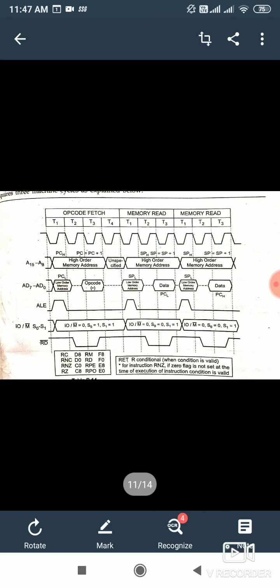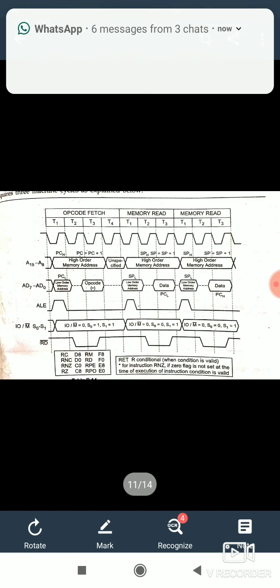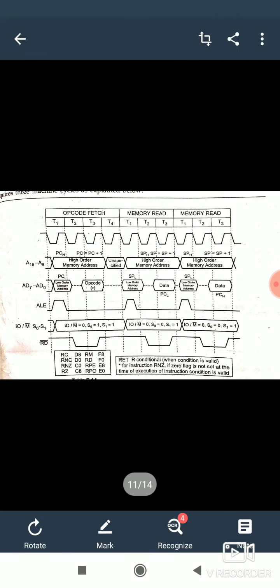So two memory read cycles are there in the return instruction. This is for the return instruction and the conditional return instruction if the condition is valid. Now if the condition is not valid, it will use only the opcode fetch of 6 T states. So this is for when the condition is invalid.